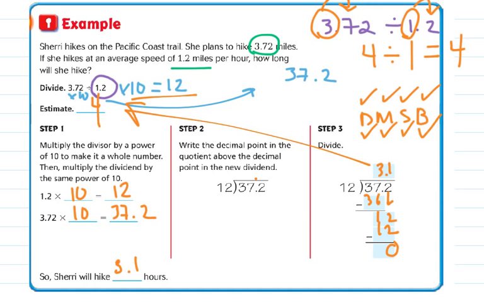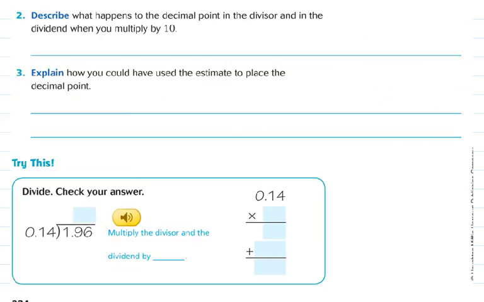So boys and girls, remember when we're going to use estimation, we have to do some rounding to help us get there. And that's something that we've done pretty well in this lesson. So next we have two questions. It says, describe what happens to the decimal point in the divisor and the dividend when you multiply by 10. So what we saw is when we multiplied by an increasing power of 10, each decimal